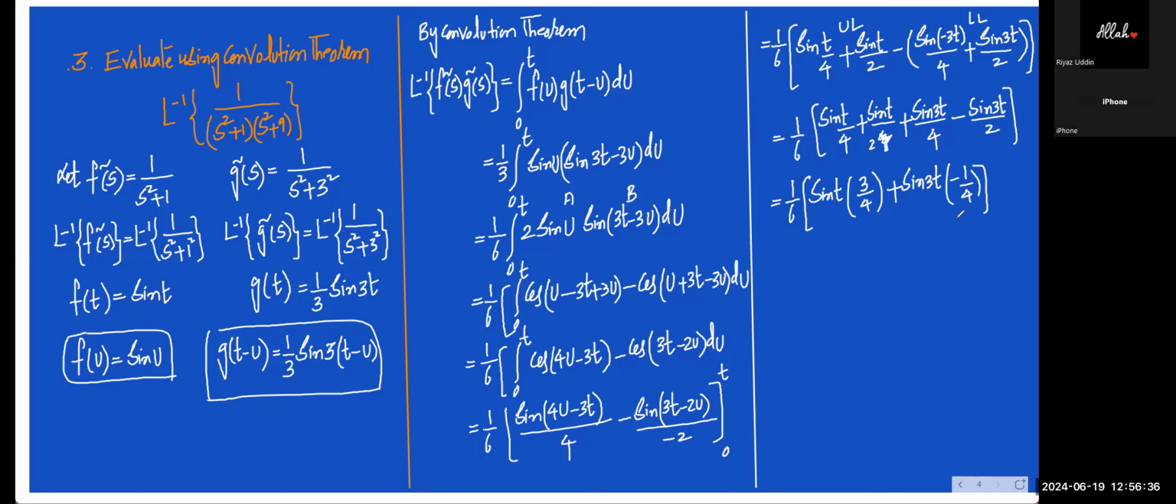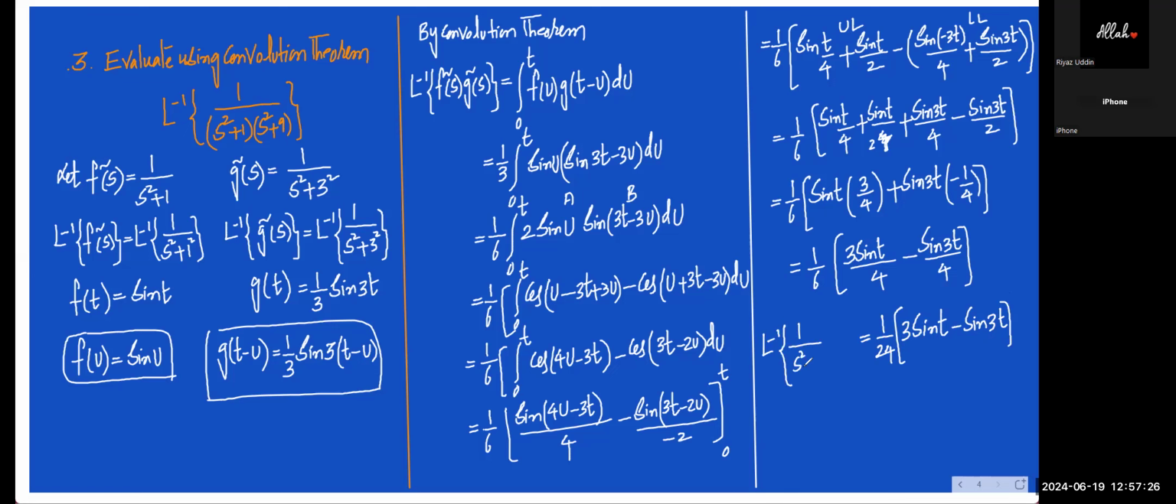तो आप थोड़ा सा अलग से कैलकुलेट करके चेक कर लीजिए। दिस इज 1/6, ये हो गया, कितना हो गया, 3 sin t by 4 माइनस sin 3t by 4। नाउ फाइनली इफ यू टेक 4 आउटसाइड, 6 4 का 24, 1/24, 3 sin t माइनस sin 3t. ये किसकी वैल्यू, फाइनली अपना जो लाप्लास इनवर्स ऑफ 1 by (s square plus 1) into (s square plus 9) की वैल्यू आ गई 1/24 इंटू 3 sin t माइनस sin 3t।